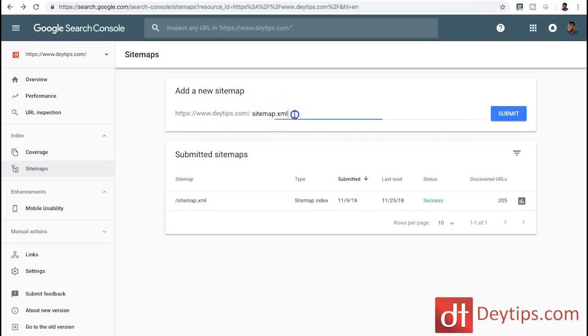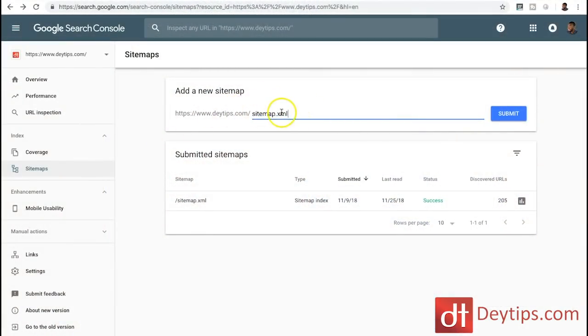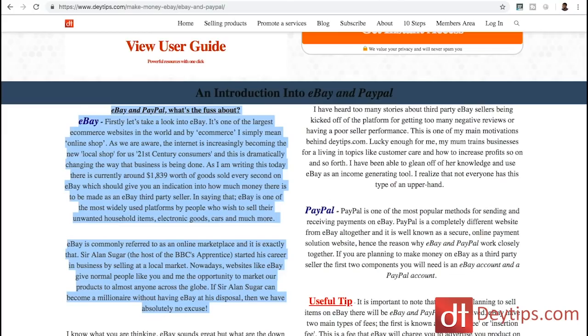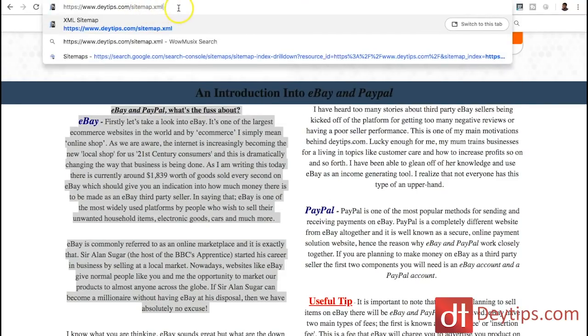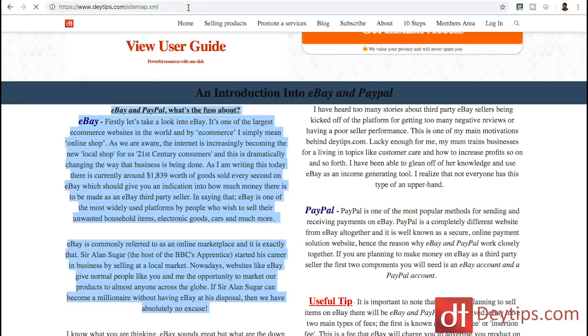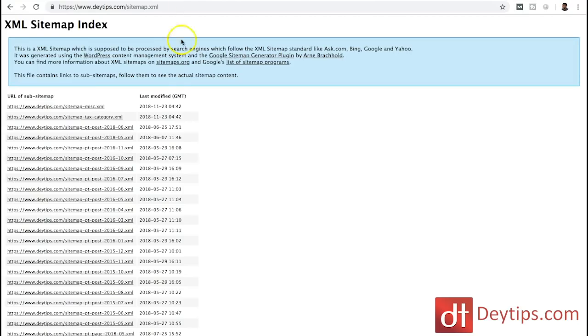to add sitemap.xml. And again, this is only going to work if you actually have a premium Squarespace account. So if you don't have a premium Squarespace account, then this is probably not going to work. But the way to check that it works is you want to copy this sitemap.xml, and I'll leave this in the description as well so you can actually find this. And go to whatever your website is. Mine is DeyTips.com, and I'm pasting in sitemap.xml, and it should take you to a page that looks very similar